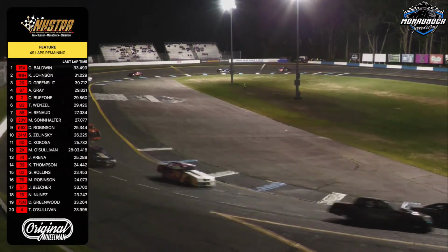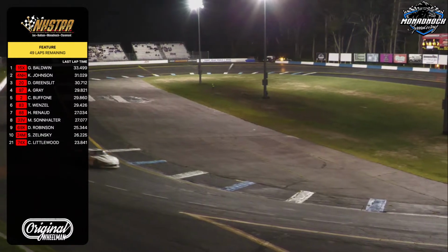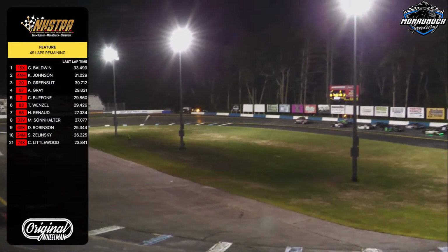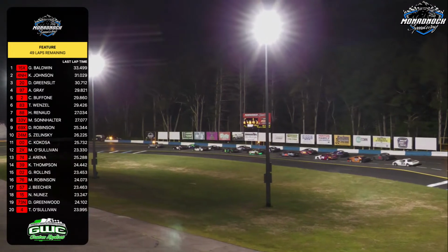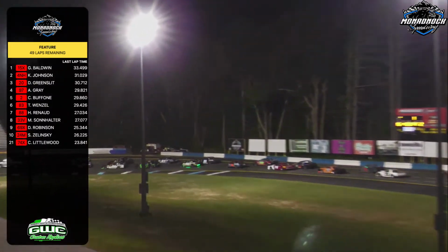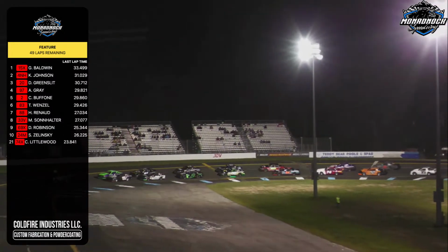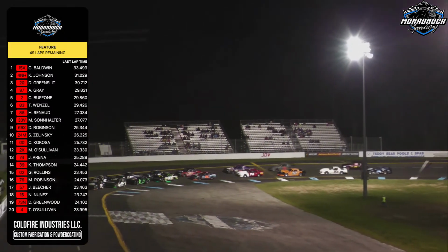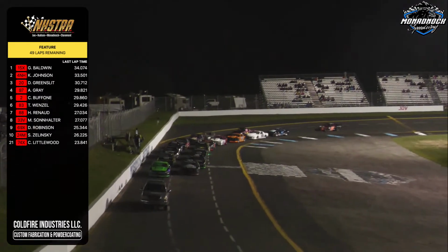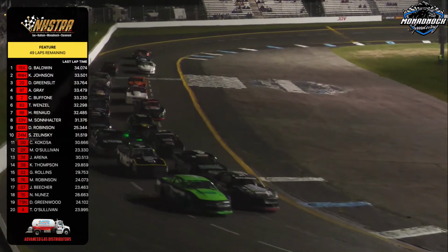Pace truck bringing them around one more time. One lap on the books. George Baldwin and Keith Johnson on the front row. Second row, the 20 of David Greenslit and the 97 for Adam Gray, the 2 of Chris Pifoni, the 83 of Tim Wenzel, the 88 of Hillary Renault, the 33 for Matt Sonhalter, and 9th and 10th right now, the 24 of Scott Zielinski and the 00 for Colby